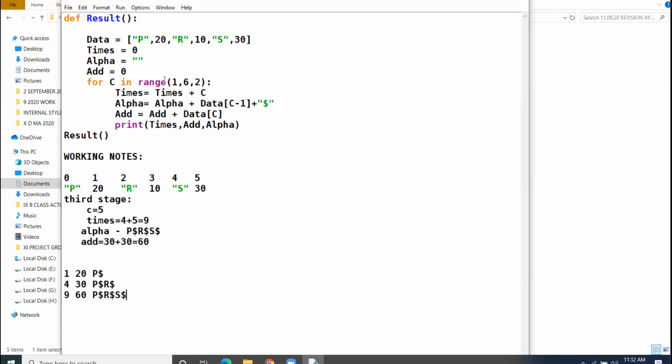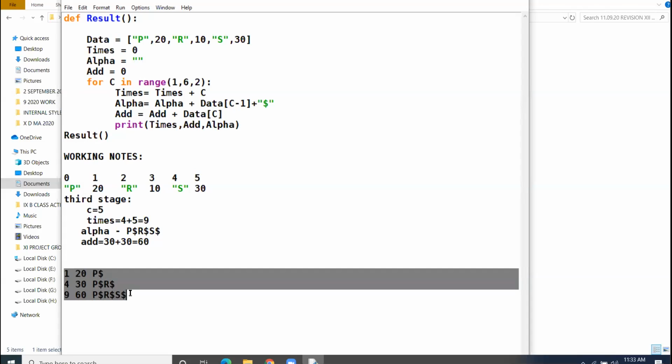Now at here the for loop terminates. Now when the for loop terminates, our question breaks. We came back from where we called, and this is our final answer. Am I clear?